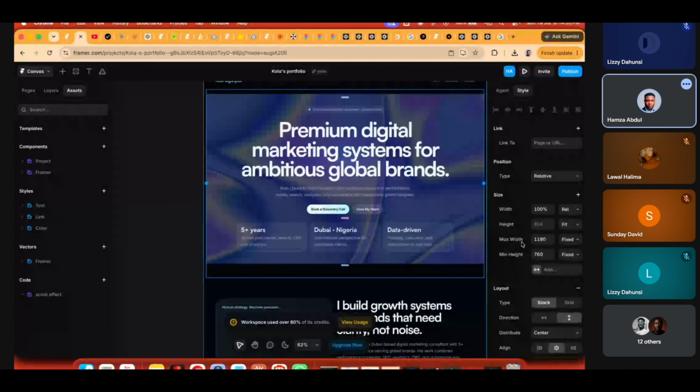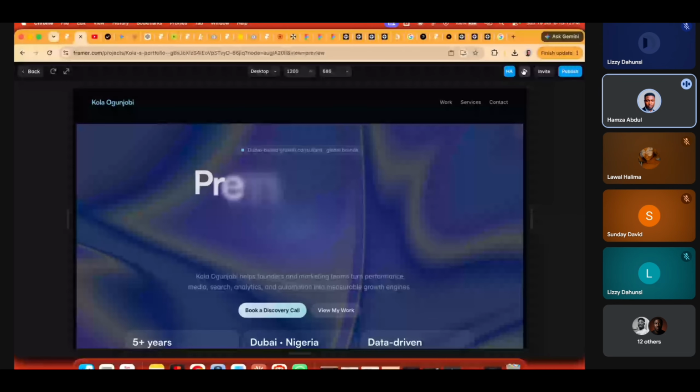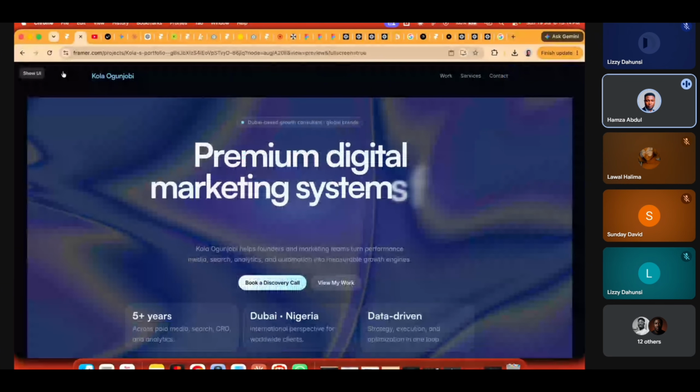It's just limiting it. You can make this maybe 1440. So if we play it now and expand it, you have to expand more. The sections we didn't change maintained the previous max width the AI added, but the ones we increased, see that it has increased.